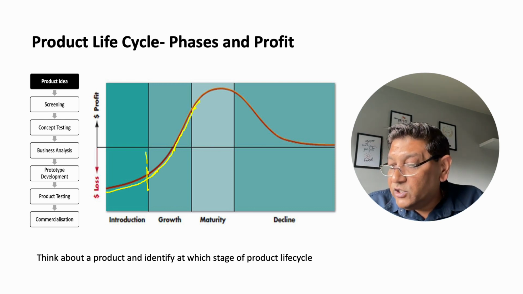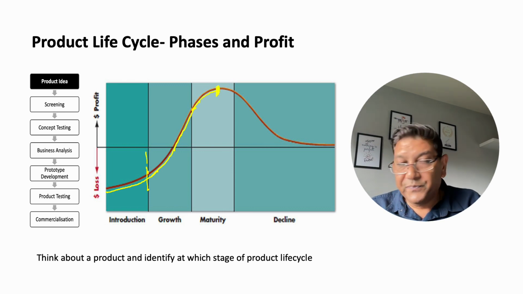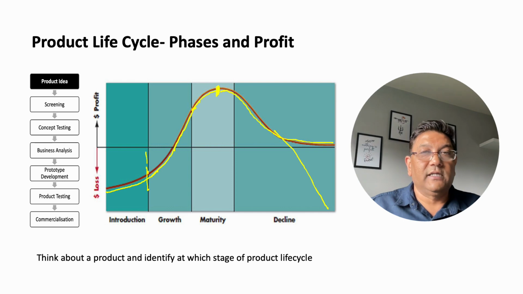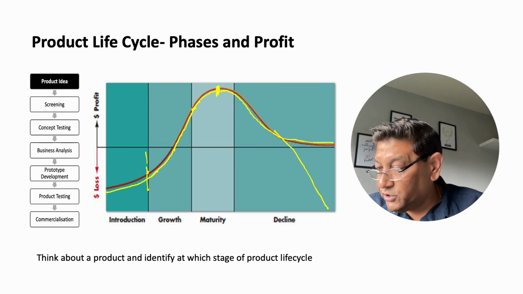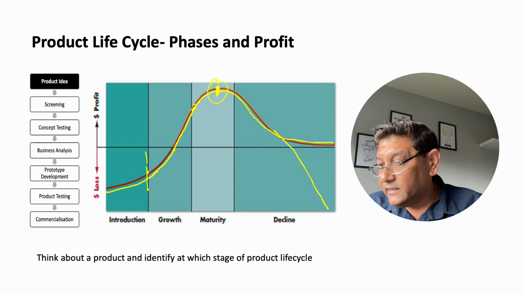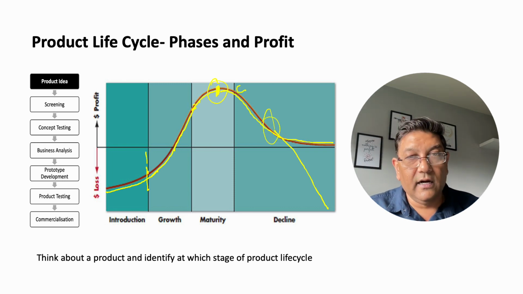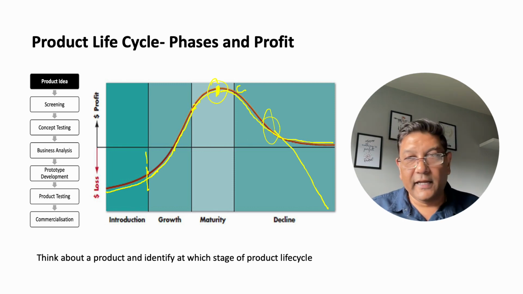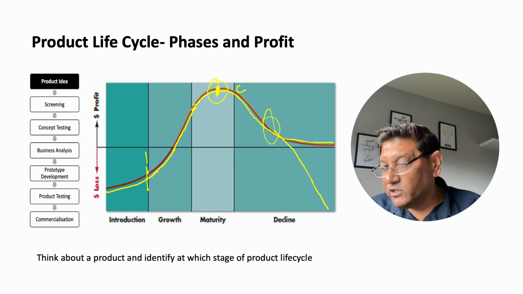Now, once it has reached the maturity stage, at the topmost point of maturity, you can see in the chart that it is declining, and it goes to the decline stage. Sometimes the product declines up to here. The maturity stage and the decline stage could be the most dangerous for your product, and that is why we need continuous improvement, and we will learn about continuous improvement in the next sessions. So we need continuous improvement.